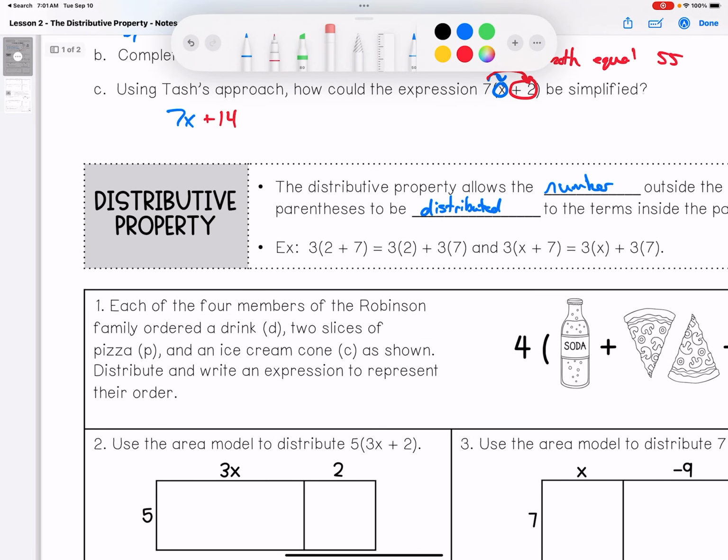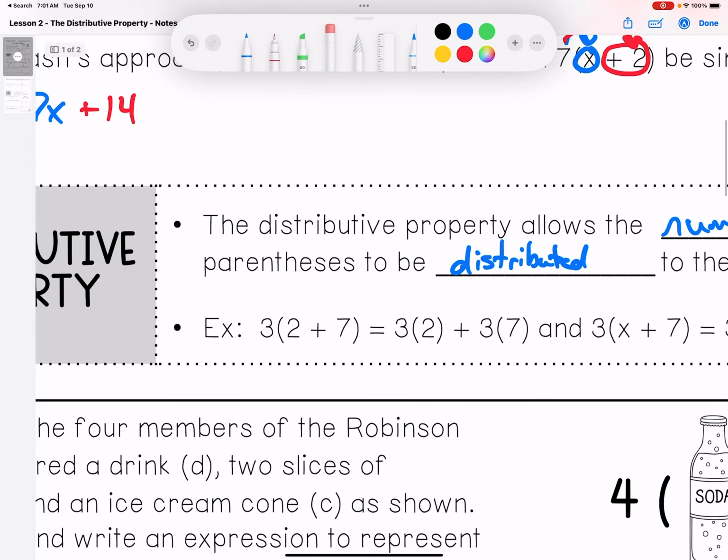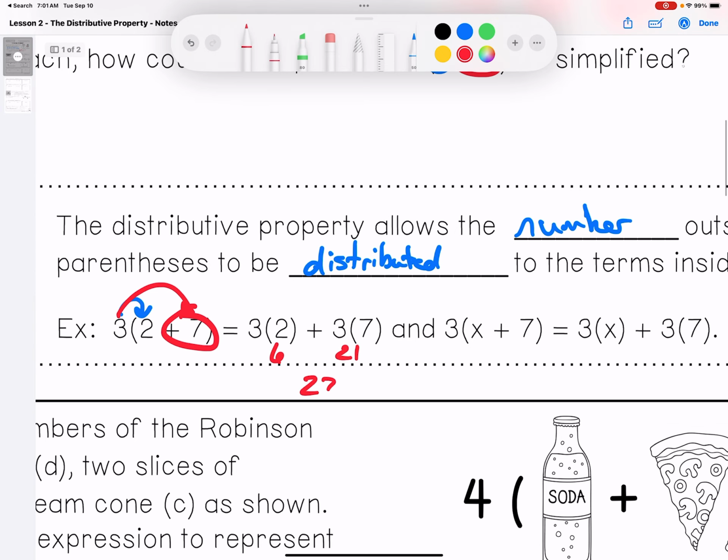All right, here's the examples. 3 times 2, 3 times positive 7. That is 3 times 2, which is 6. 3 times 7 is 21. You add those up, and you get 27. No, you don't. 3 times 2 is 6. 3 times 7 is 21. I was right. All right, over here you would have gotten 3x